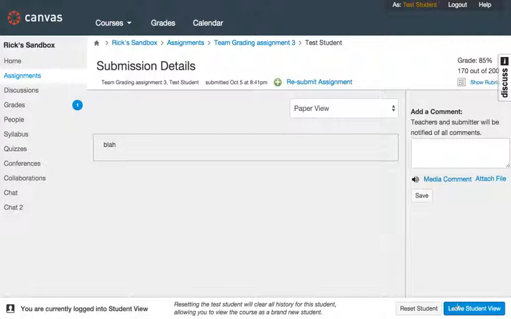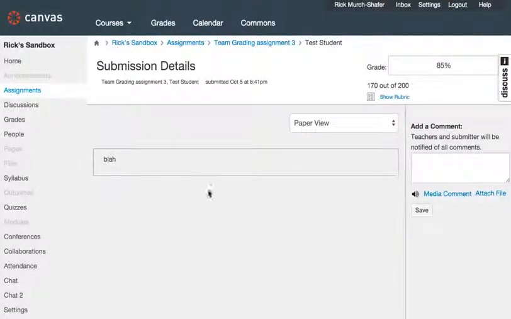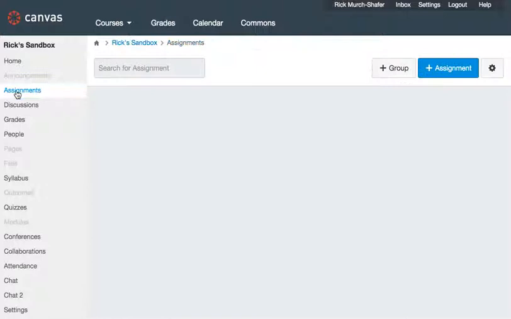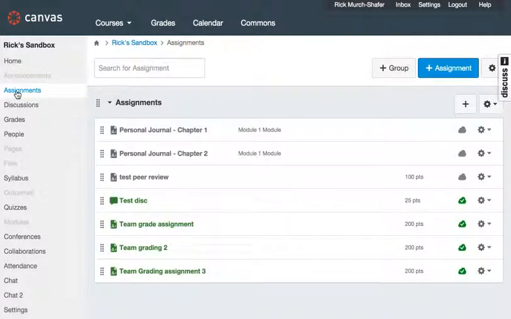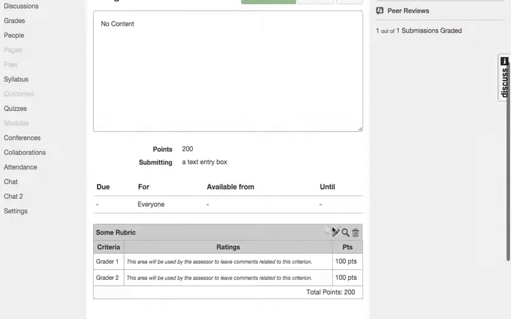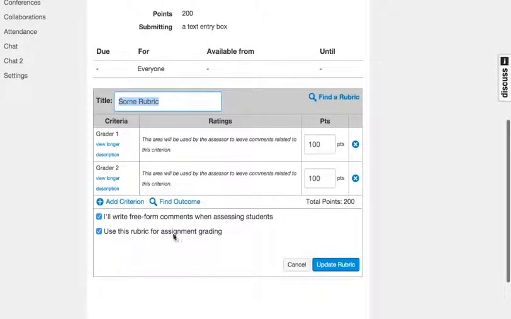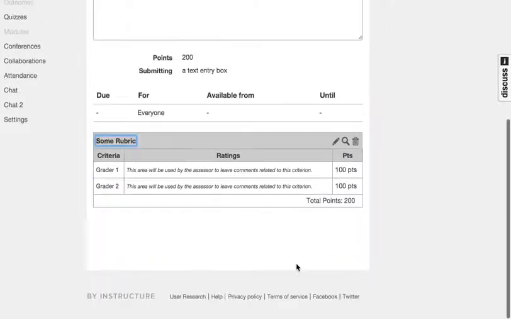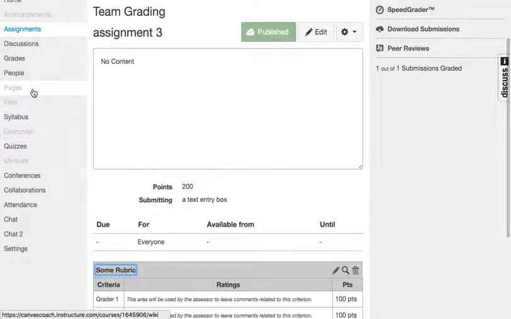One last thing I want to just point out. If the whole notion of it freaking out your students when only one or two, not all the grades are in there yet, and they see that low grade because only part of it's there, you have two things you can do with that. First of all, on the rubric itself, if you don't want it to grade it, if you uncheck this box, it's still going to total those points out of 200, but you'd have to have the last grader actually take that final points and type it into the grade. That way it's going to prevent the student from getting notifications saying they were getting like a 30% or something like that. Or the other option, I actually kind of like this one better, is to mute the assignment until